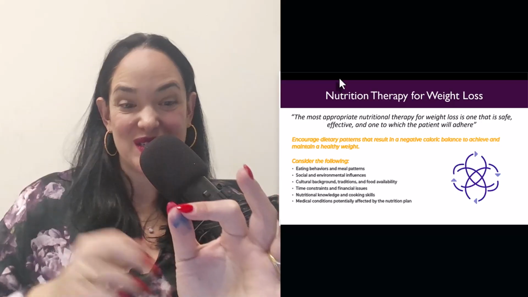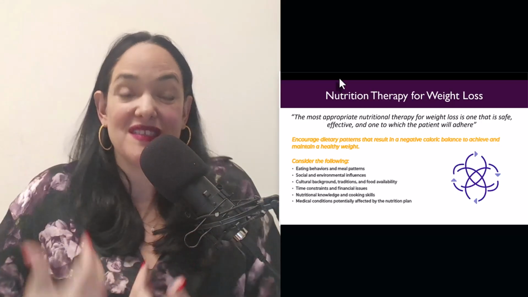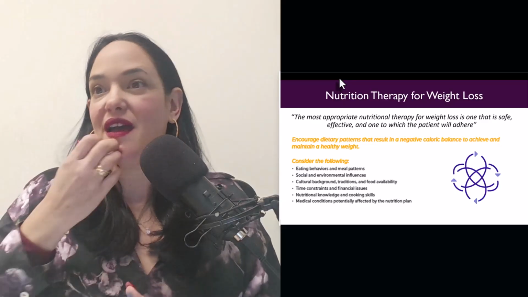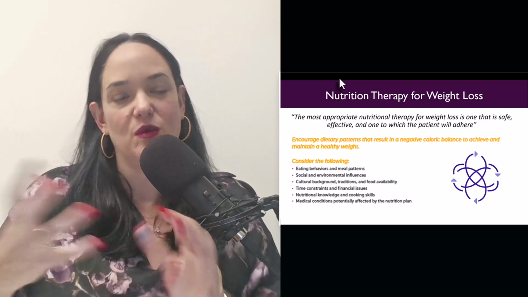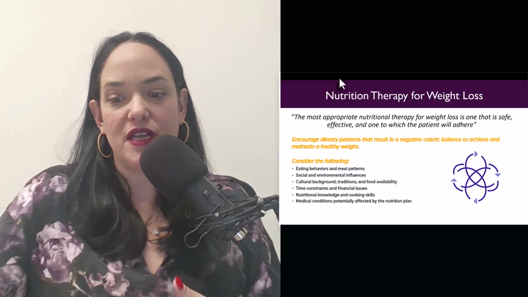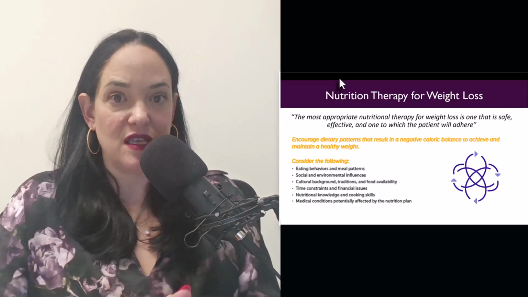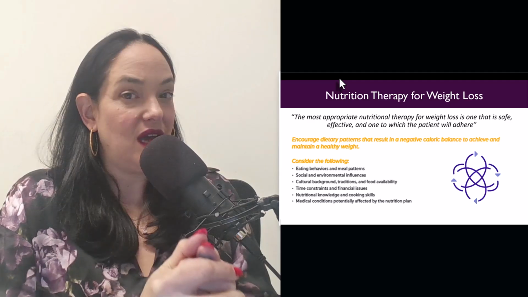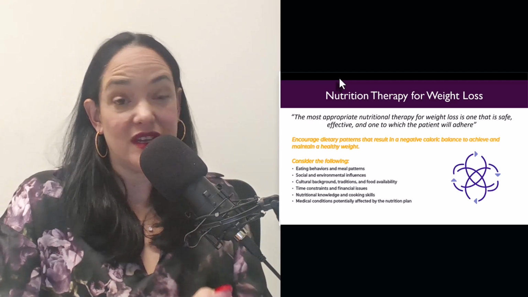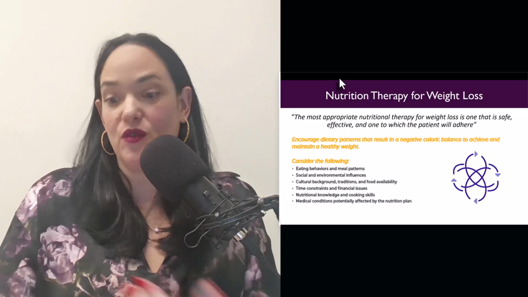Our behaviors are affected by the system within which we live, and the system of our body as well, and the system of our behaviors too. These are things that I know can feel very overwhelming to consider, but if we are really truly wanting to make a difference in a person's life, we have to see them as more than just a number on a scale, and that the way we eat is often reflective of other things going on in our lives, not just our decisions to eat or not to eat.